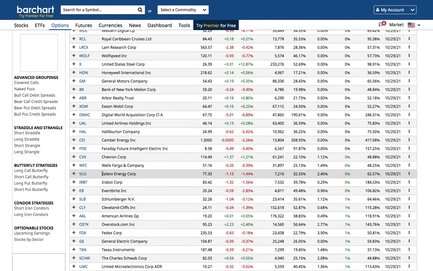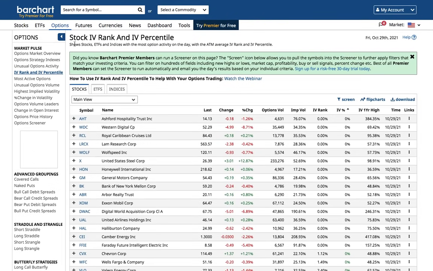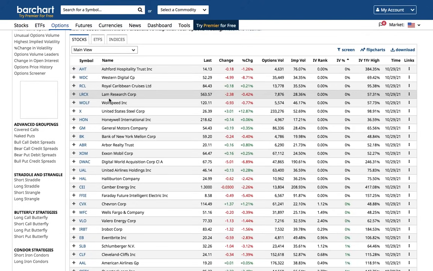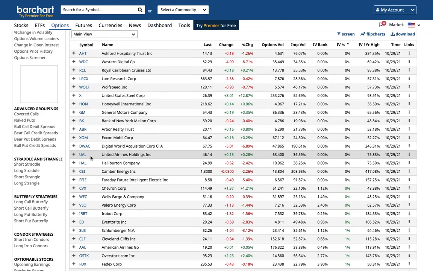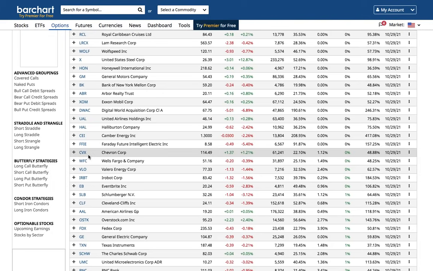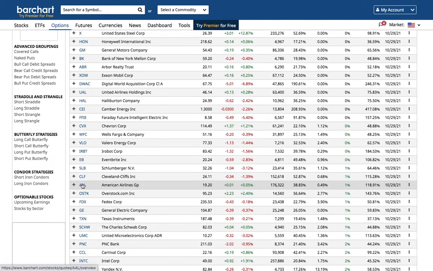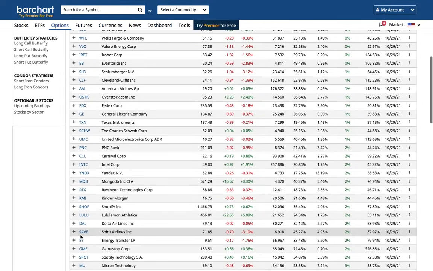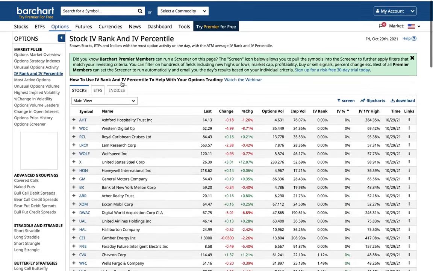And I can promise you, if you start looking at implied volatility ranking percentile for individual stocks and ETFs, and you notice the whole sector has low IV, you're going to start seeing that these sectors have huge moves. Once again, they're not always to the upside. But what I want to point out right now: United Airlines, 0% implied volatility ranking percentile. Cheapest options. There's a ton of oil stocks on this, but American Airlines as well, at the very bottom of its 1-year range, Delta Airlines and Spirit Airlines. So all these airlines are at the very bottom of their 1-year range. A lot of oil stocks as well.